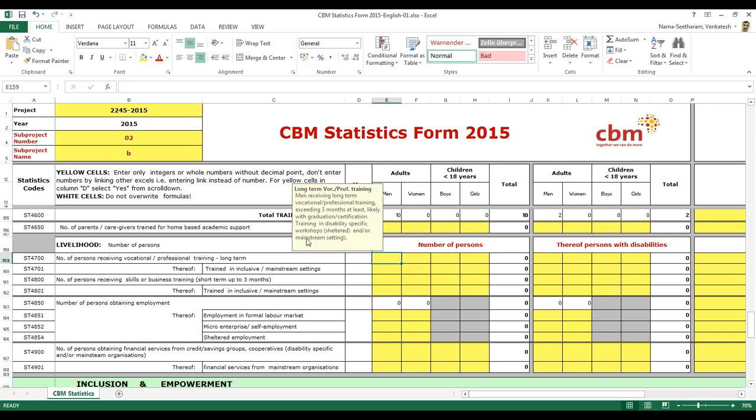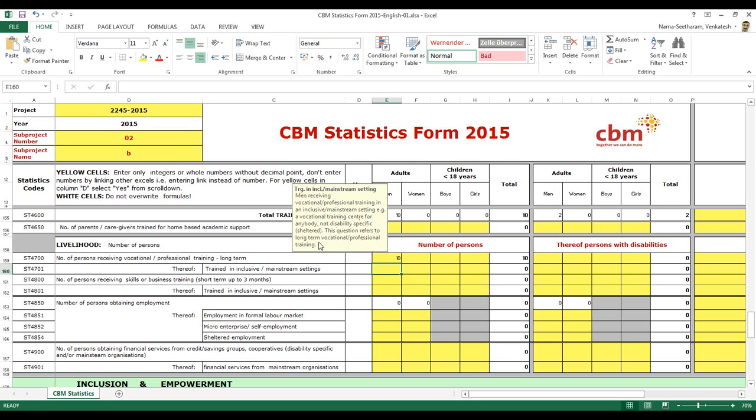Training in disability specific workshop, that is sheltered and not mainstreaming. In the first, say there may be 10, and out of these 10, how many are trained in inclusive and mainstream settings. This is men receiving vocational or professional training in an inclusive mainstream setting. Example, a vocational training center for anybody, not disability specific.